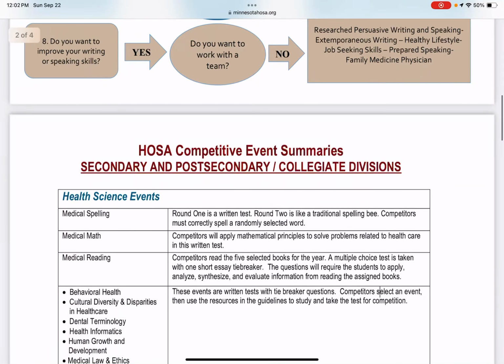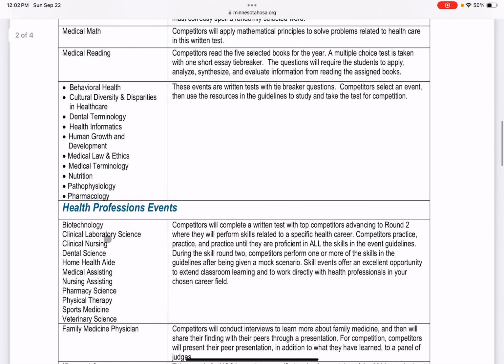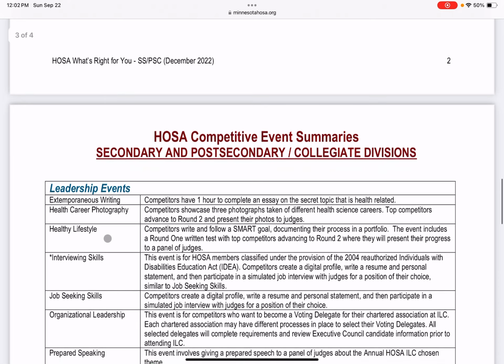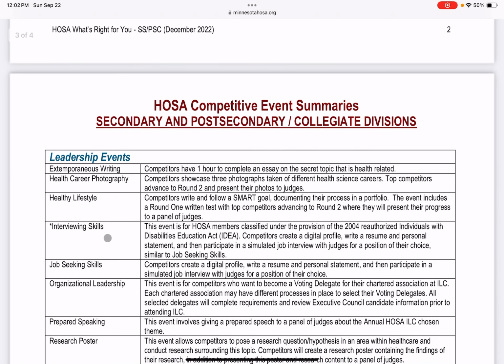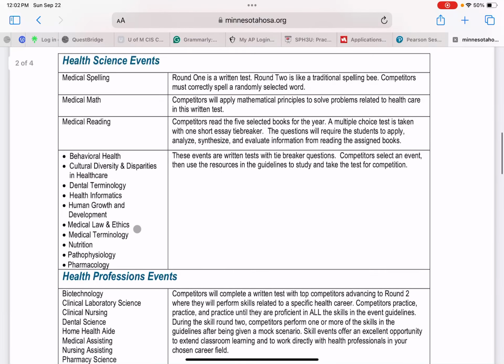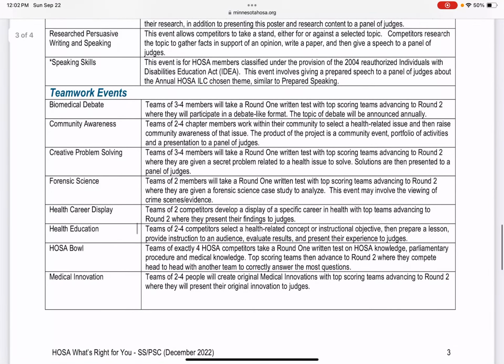Now, if you scroll a little bit down, here's the HOSA competitive event summaries. Now, this is a great form, and I'm pretty sure they didn't have it last year, but it kind of gives you, as I said in the title, a summary of exactly every single event that you can do and you can place in. Now it has the minimum and maximum of people that you can have in your group, or even if it is a group event.